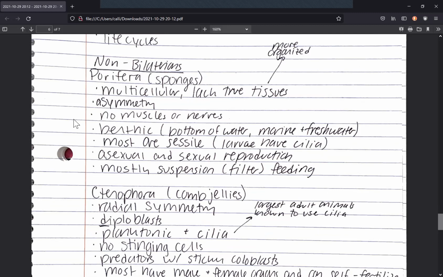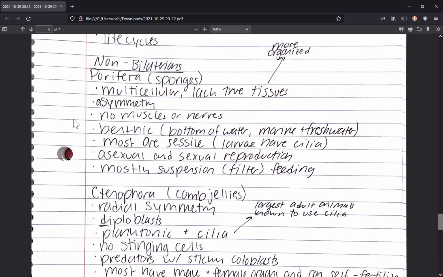So some key organisms that you want to focus on for this chapter would be the non-bilaterians, which, this whole time, I don't know if I've been pronouncing bilaterians right. Do I really care? Not really, because the exam's not going to be an oral exam. So, I mean, you get the point. As long as you're reading along with me, I don't think it's going to be a problem. Anyways,